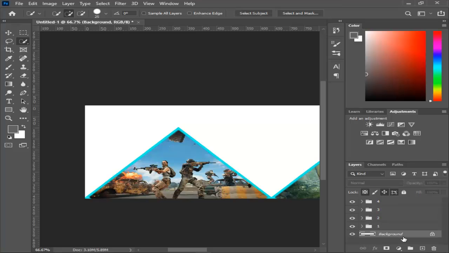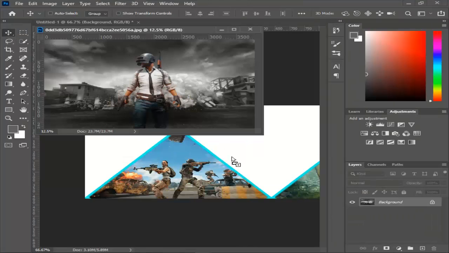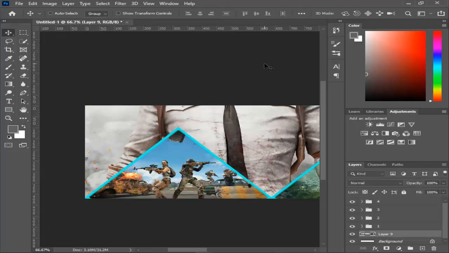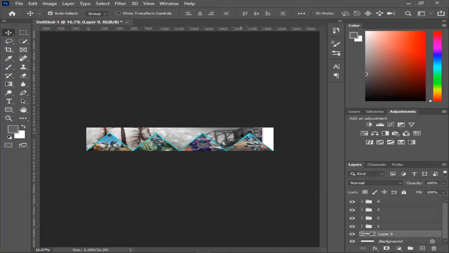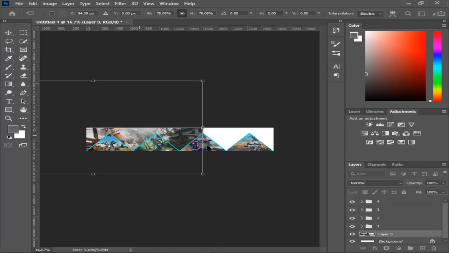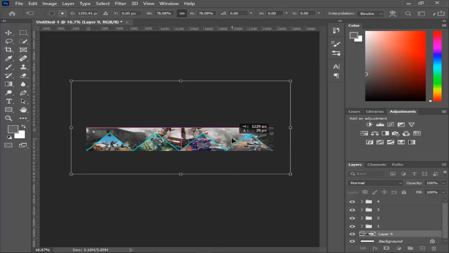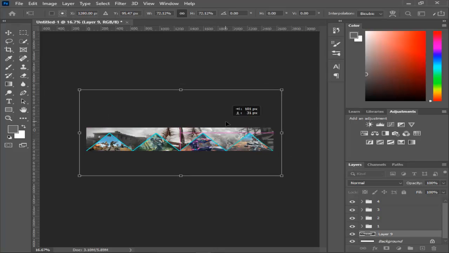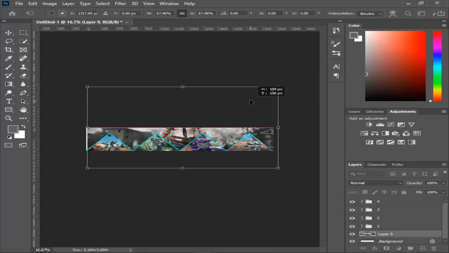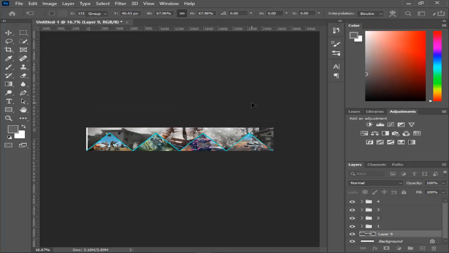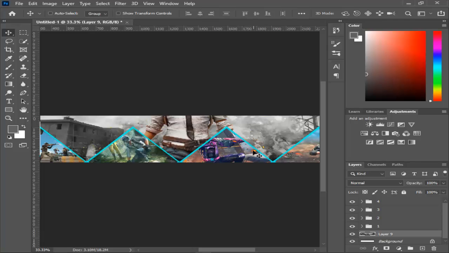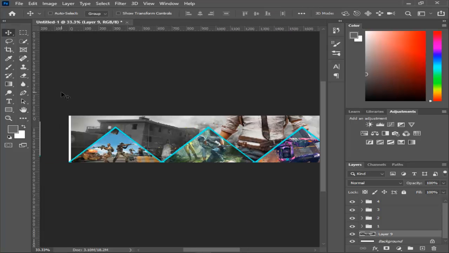And now select the background and we import this picture. Now you drag it in here, only you Control T, resize it in here. Good, this is perfect, and we now import